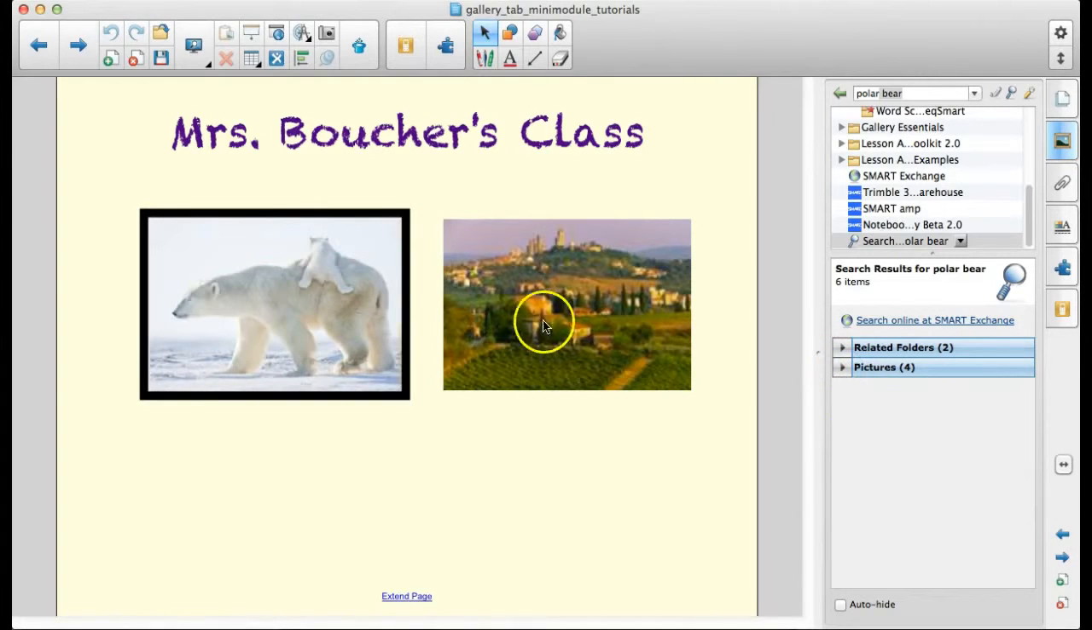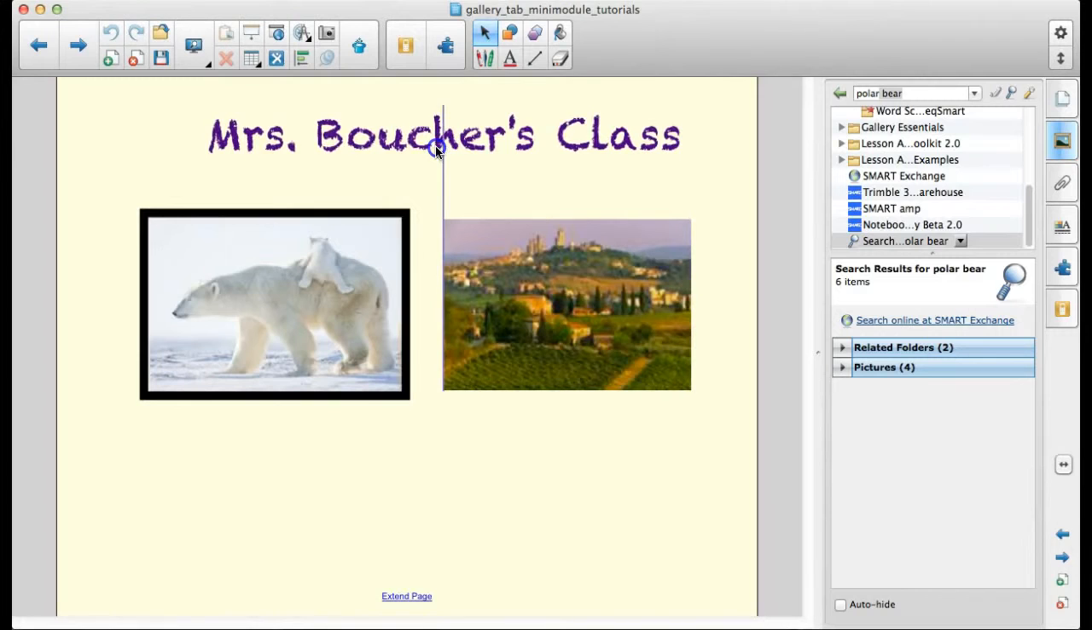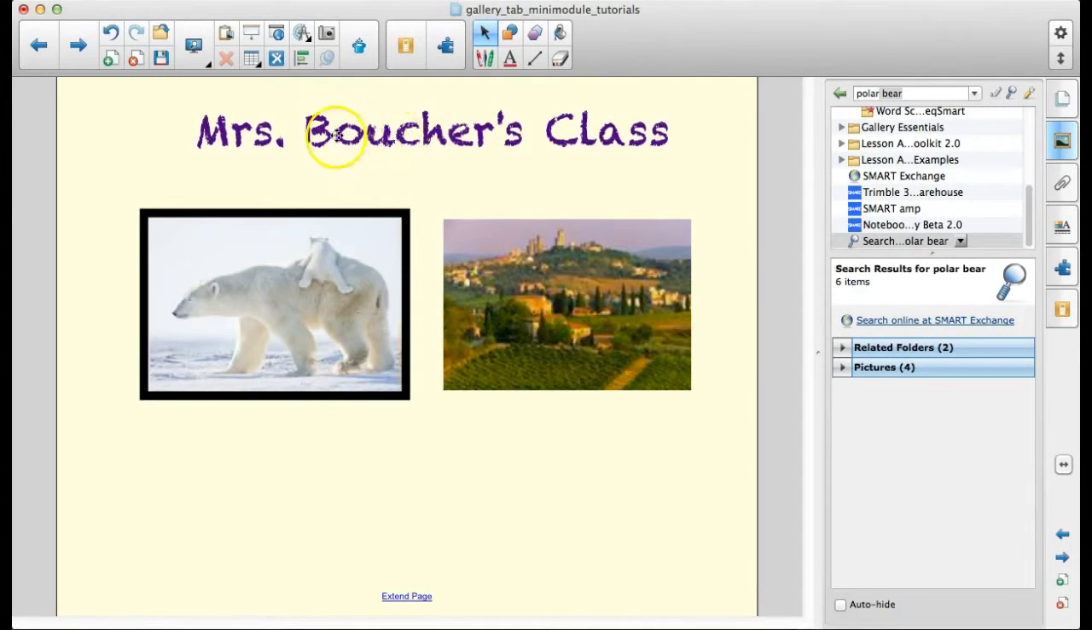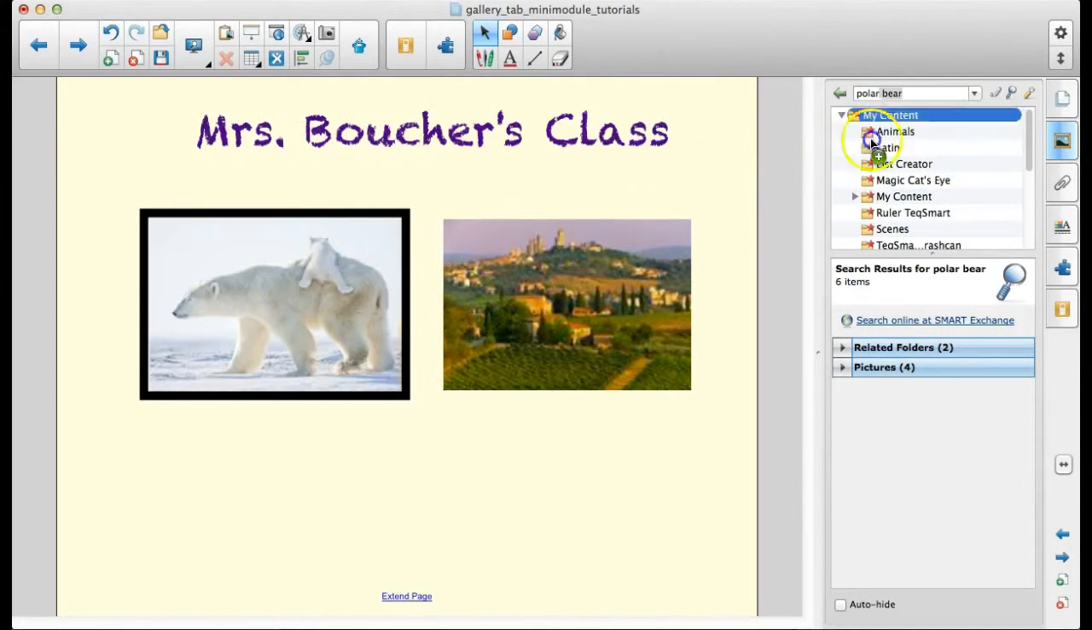Now not only can I add straight images, I can also add objects from the page. Anytime I put something on the page, whether it's handwriting or text, once I'm done with it and I click out of it, it becomes a movable object on the page. So if this is the heading that I want on all my pages, or on all the initial pages that I create for my class, I can even save this into my content